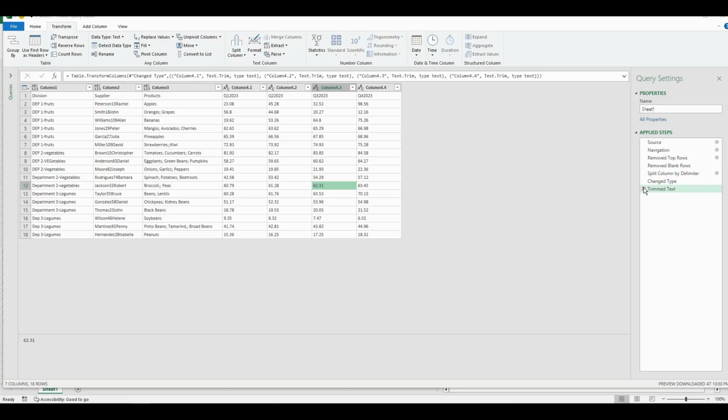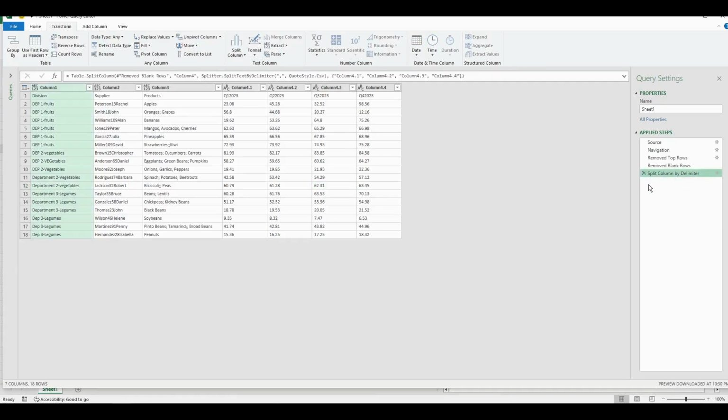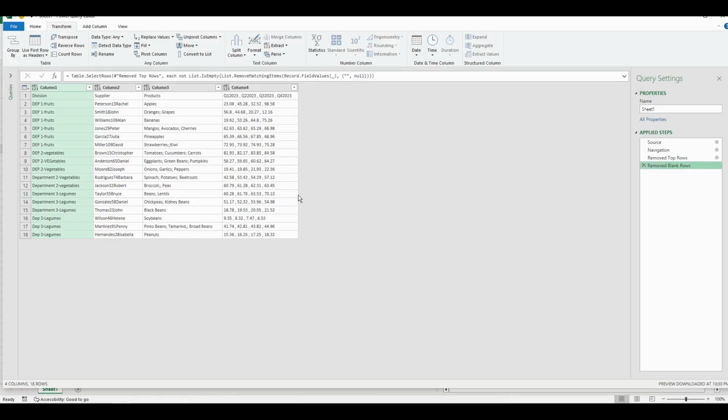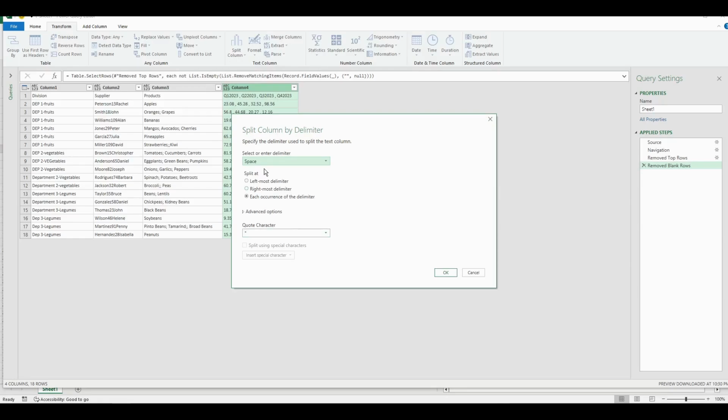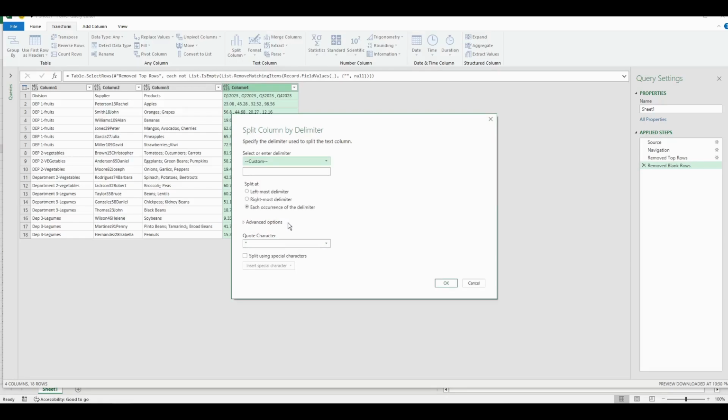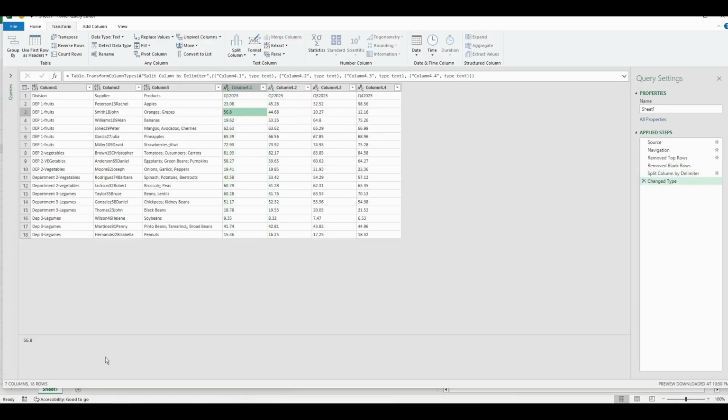A second way of splitting columns is by a custom delimiter, and let's check this in the same example. So here we don't want leading or lagging spaces, so we can select splitting by a custom delimiter that may be space, comma, space. And as you can see, down here in the values, we do not have leading or lagging spaces.